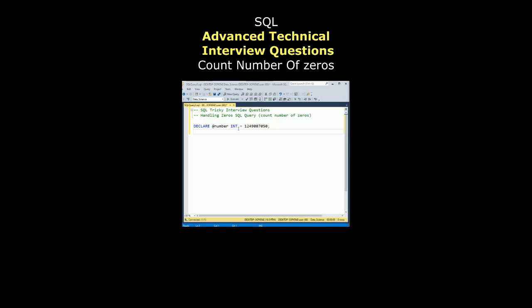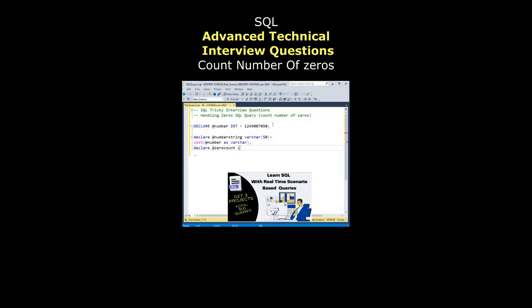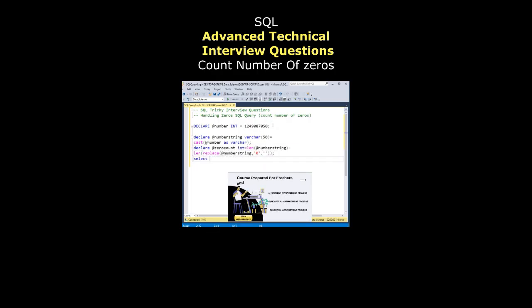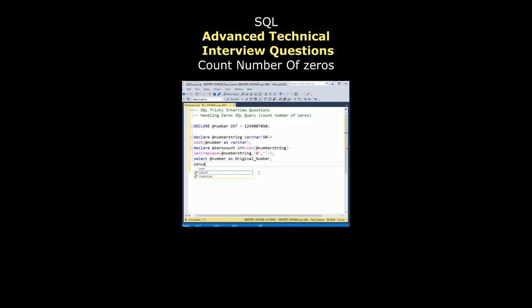Today's question is how to handle the zeros. I want to count the number of zeros. Notice here I have declared a number which is an integer data type. This is the number. I want to count the number of zeros. Let's declare a variable. After that I am adding the select statement @number as original number. What is original number? This is the original number. This is the alias name. Concat